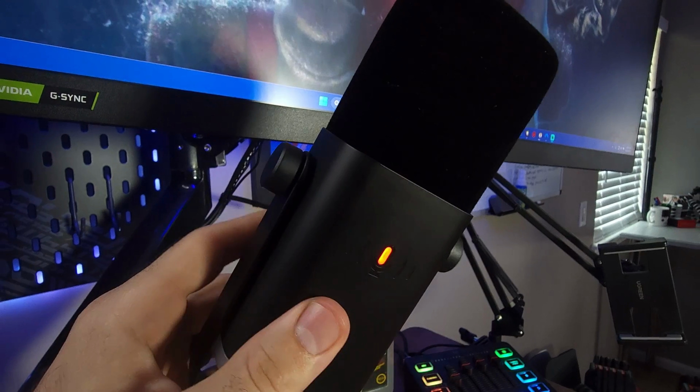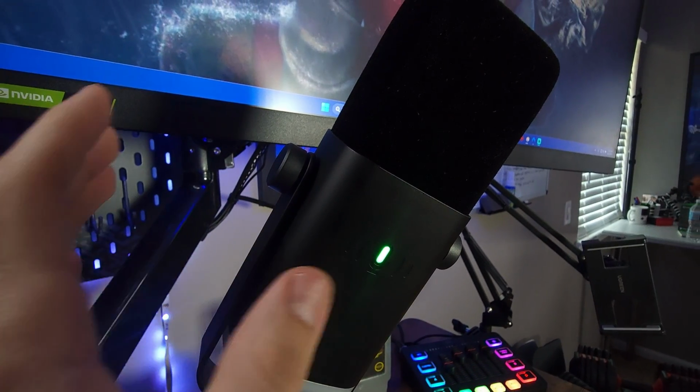And the cool thing is, if you want to run it as XLR into a mixer, maybe the Fifine mixer or something like that, you can do that and still plug up the USB and not have any kind of weird interference on this mic. Also on top of that, you do have a tap to mute that's right there. Now you're still hearing me because, again, we're running XLR. We just wanted the USB for the RGB effects, but you can run this USB into the computer,